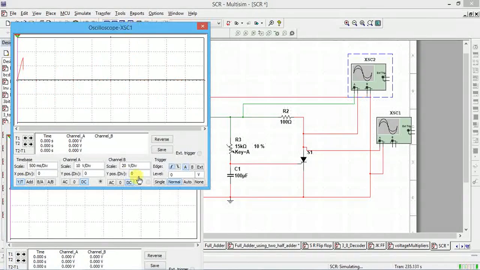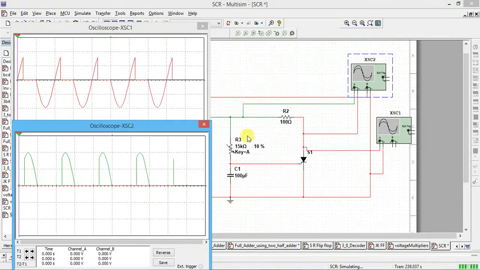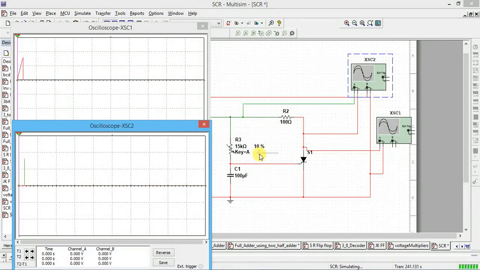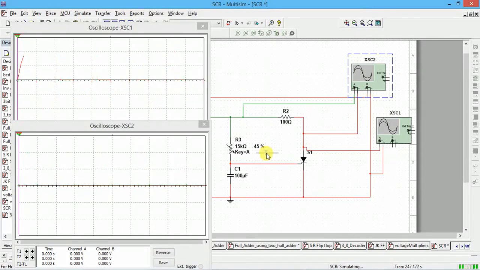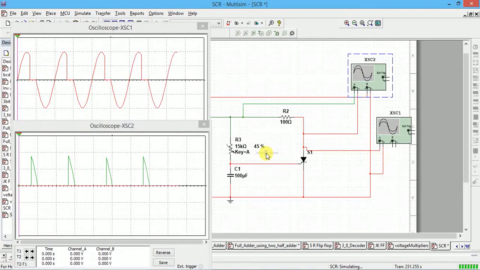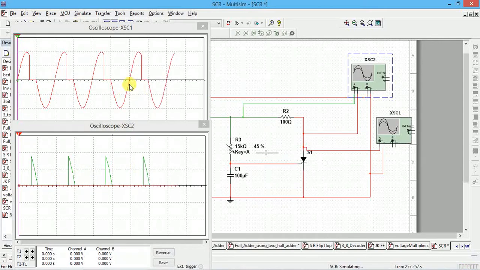You can see the variation in the firing angle. It is now actually at 10%. It is coming like that. Now I will make it some 30%, 40% or 50%. See here the variation. The green color is the voltage across RL. This is VAK. Now if you want to increase this further,